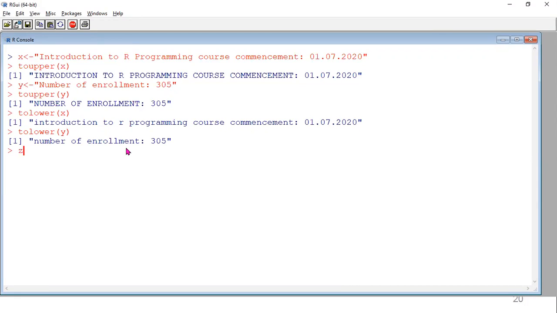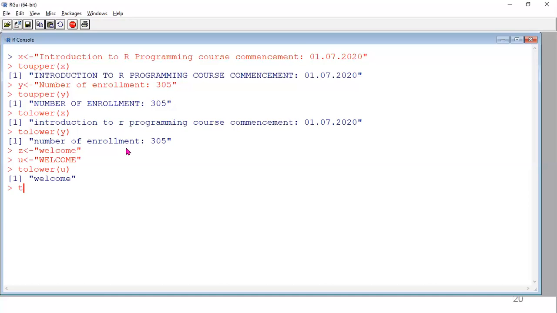So another example: suppose you take Z equal to all lowercase letters, then take another one, U equal to all uppercase letters. Previously we had combinations, now we can apply tolower of the uppercase vector, tolower of U. Now you can see "welcome", all uppercase letters converted into lowercase letters.